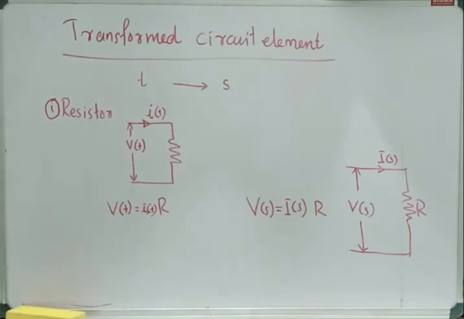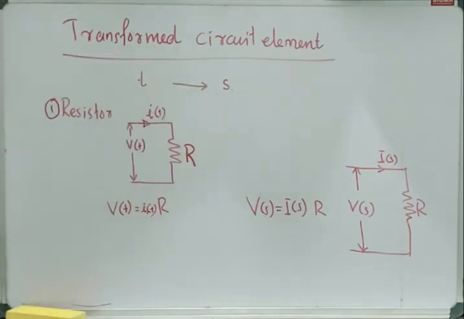Among these circuit elements, let's see passive circuit elements first, starting from resistor R. As seen here, when a resistor is connected to a voltage source V of t, current I of t will flow through this resistor. The voltage current relation in this circuit can be expressed in this way: V of t is equal to I of t into R. When we are converting this equation into the S domain, the equation becomes V of s is equal to I of s into R, and we can draw the corresponding equivalent circuit like this.